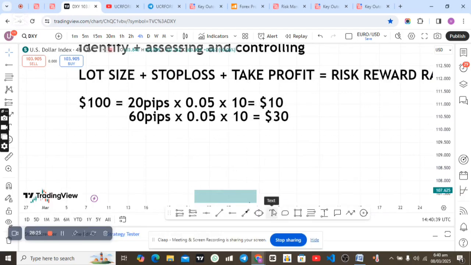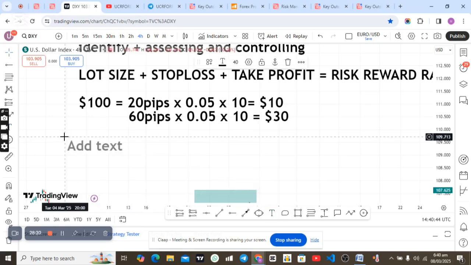And then finally, in risk to reward ratio, there's something we call, okay, let me explain this way. Risk to reward ratio means that the moment you risk something, you are expected to make at least double of it, or more. You are expected to make like two times of it, or three times of it, or four times of it. Now we have different types of risk to reward ratio. We have some traders who target 1:1. We have some traders who target 1:2. We have some traders who target 1:3.